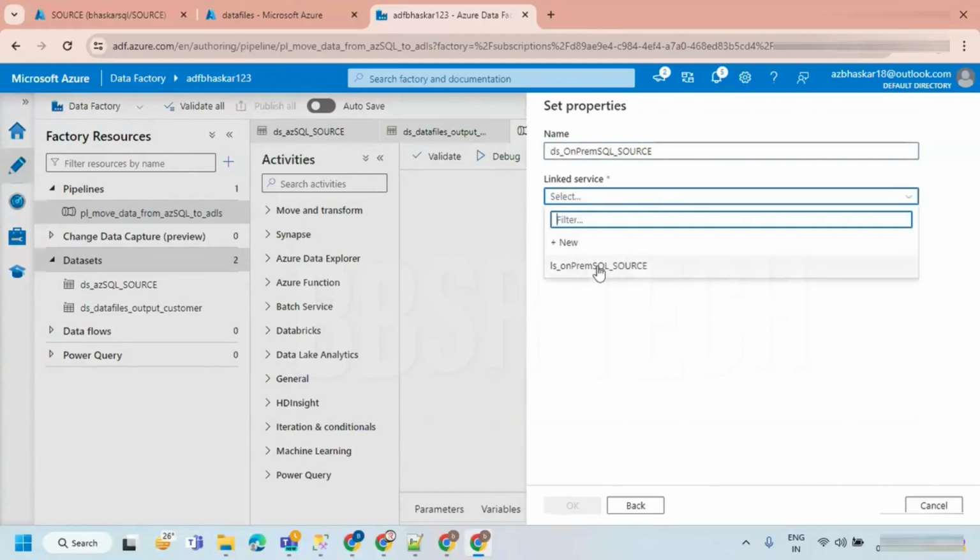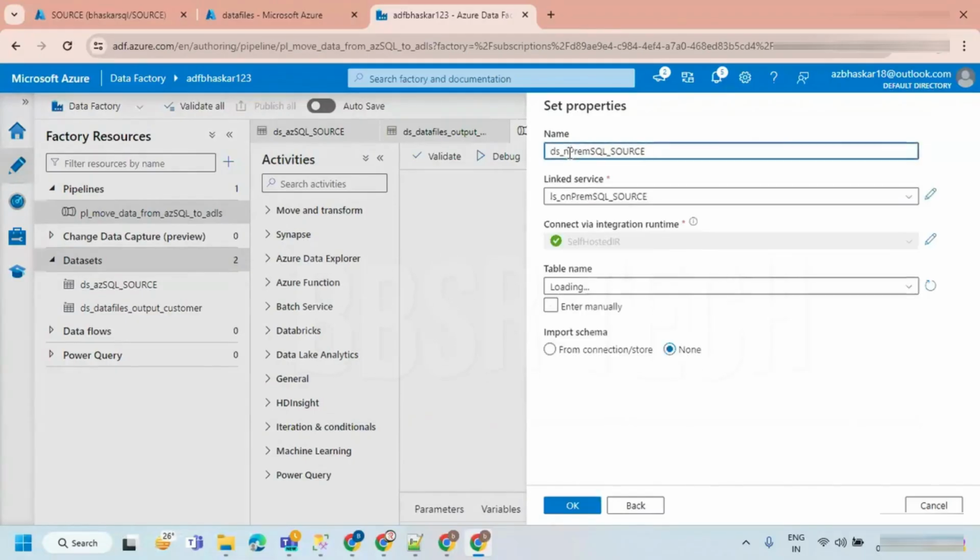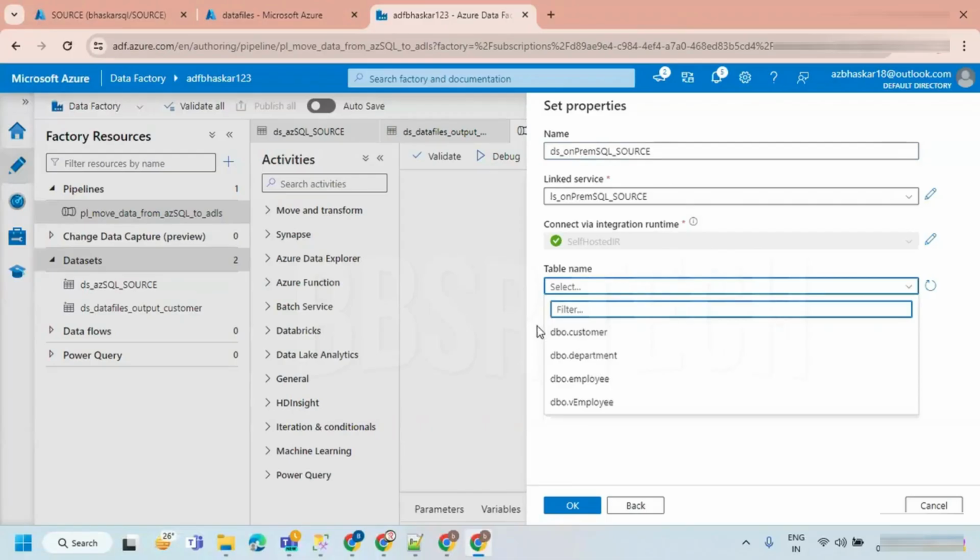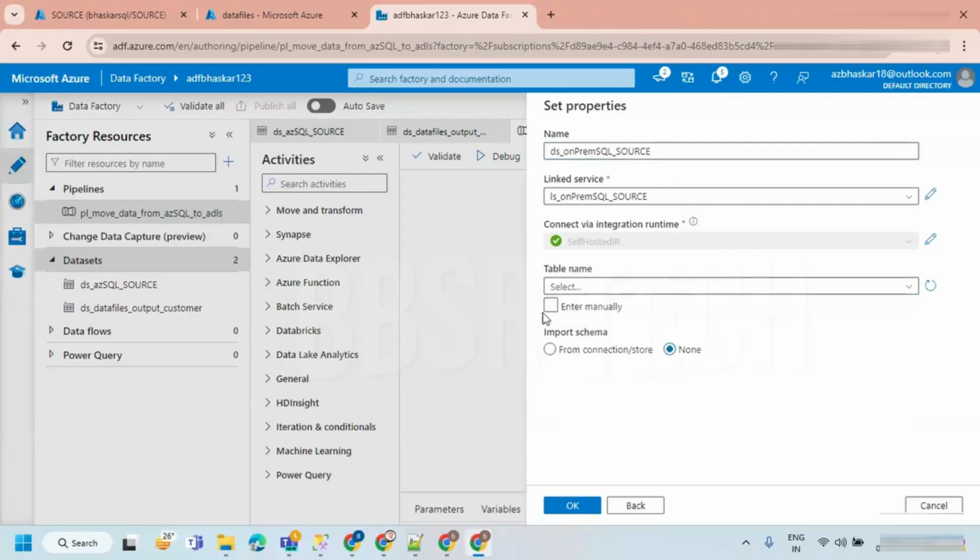Let's take an on-prem SQL Server. Like this I'm having. That is fine. You don't need to take a table here. Just leave it as it is, because I'm just going to take the data by writing a query. Let's hit OK.